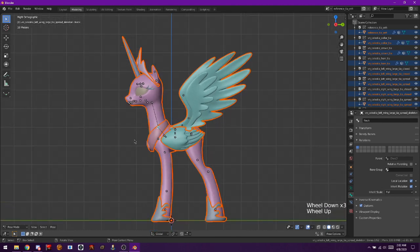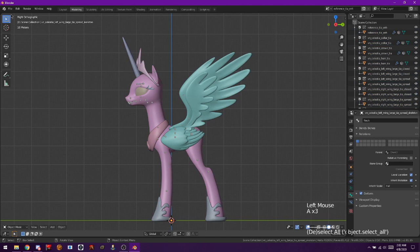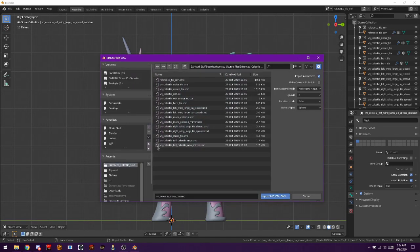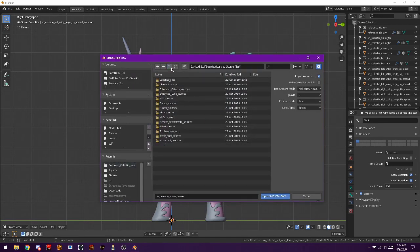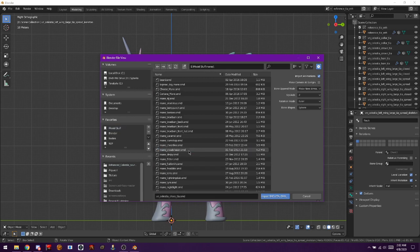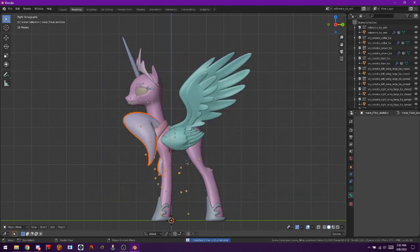But it's not quite complete if it doesn't have a mane or tail, does it? So we're going to go back into import. And one thing that I found interesting to learn when I was first doing this was resizing and adjusting. So what I'm going to do is show you how to scale up and adjust a skeleton to fit the new model. And I'm just going to go ahead and use a random mane here. So now we have Flitter, I believe,